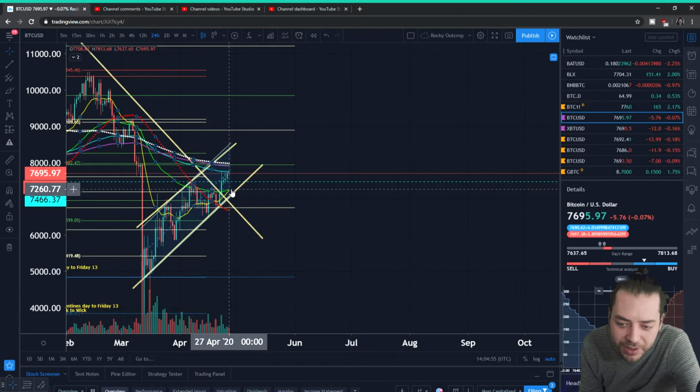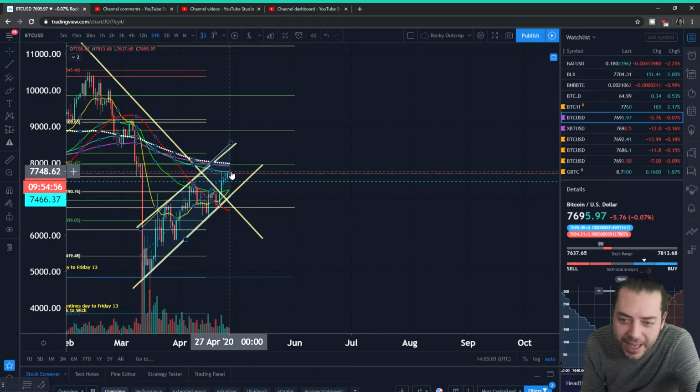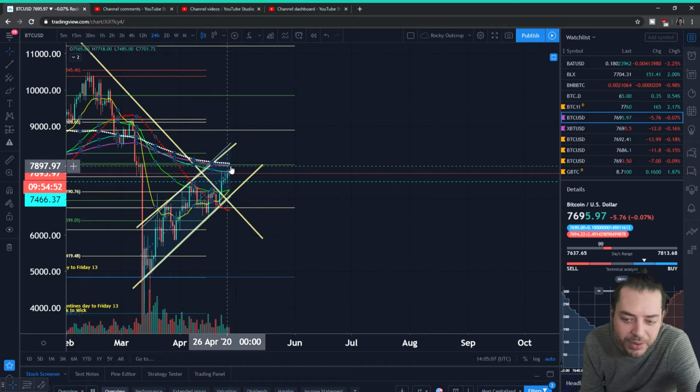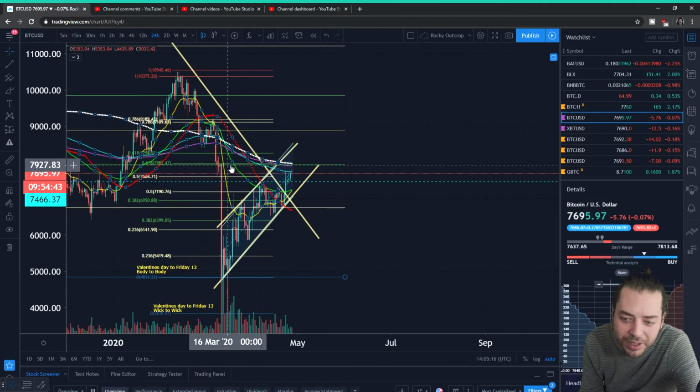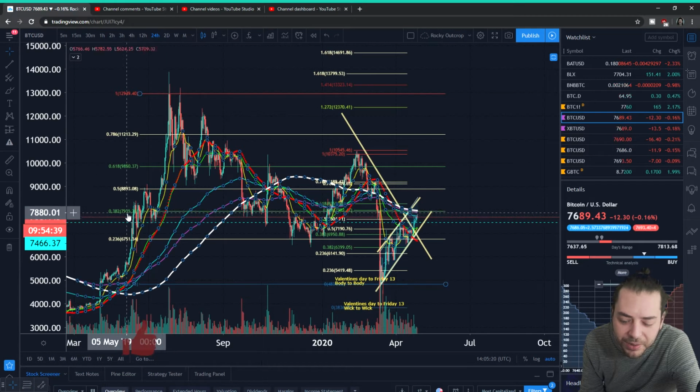It should be a bullish cross, and that would be nice to see happen, and the price action itself is coming right in at that 144 moving average, having touched it a few times on the daily chart, and you'd like to see it being able to break up above. But you've got the 233 moving average in there at 7,900, the 200 simple in there at about 8,000, and the golden 618,